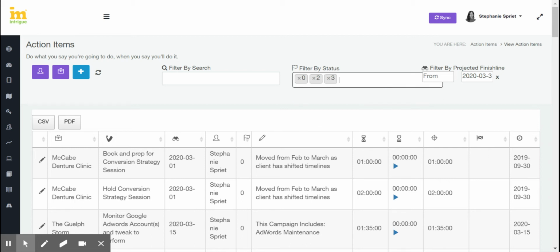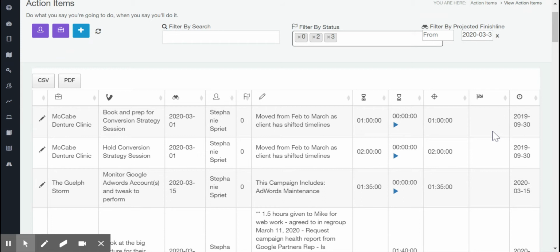I'm not going to include any action items that are completed because I just want to see what work I have to do for the remainder of the month. I find this is the easiest way to get a handle on what action items I still have to work on. And it gives me a good overview of what I have to do in the month. So you can see here,